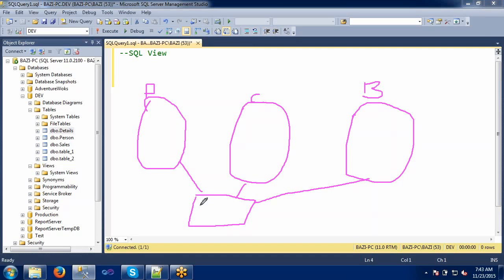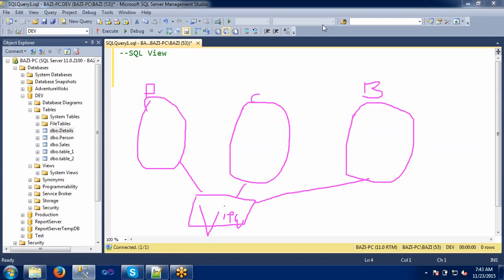Yeah, it is a view. I'm just explaining, right? So I will take one example also so that you can understand. On top of these three tables, I'm creating this view. Whenever I'm executing, this data will be coming from these tables only. Let's take one example, then you can easily understand.